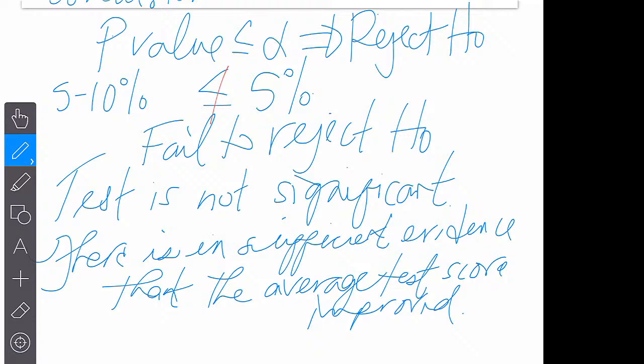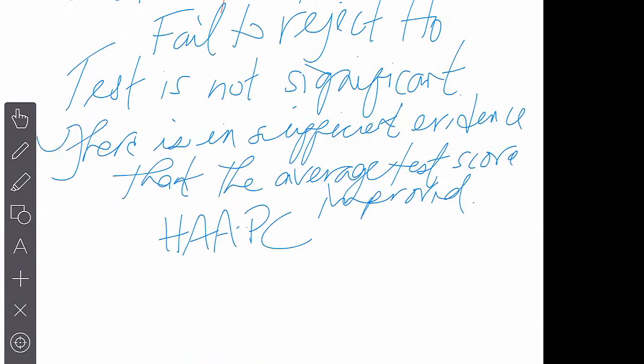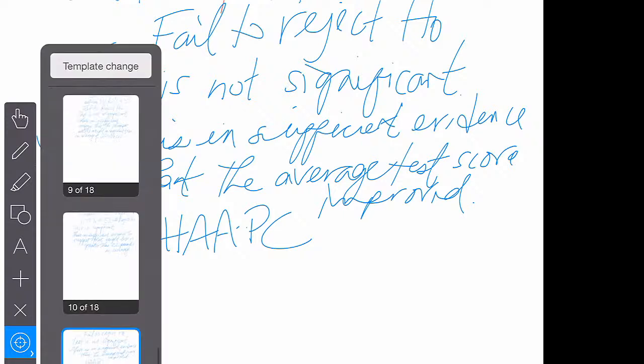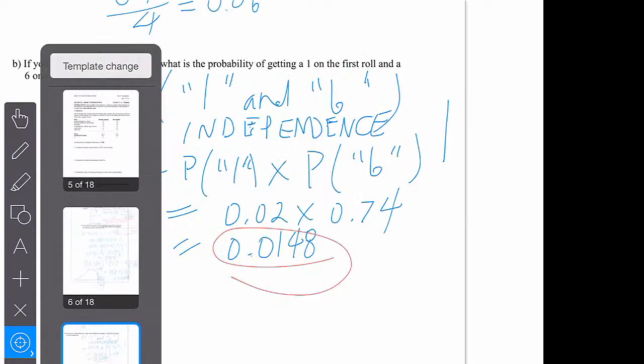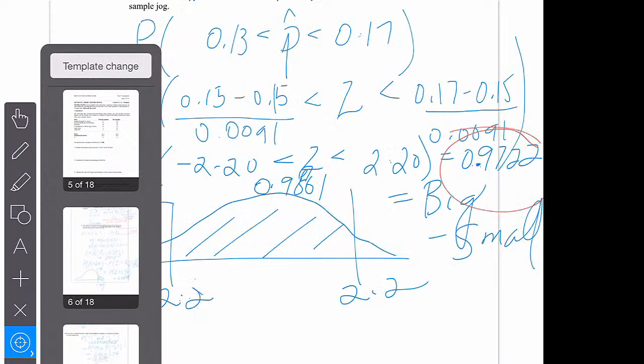Yeah, the mnemonic I've been using is HAPC. HAPC. So hypothesis, assume, assess, p-value, and conclusion. And I want to show you, if we go back to the exercise, the first one that we did,